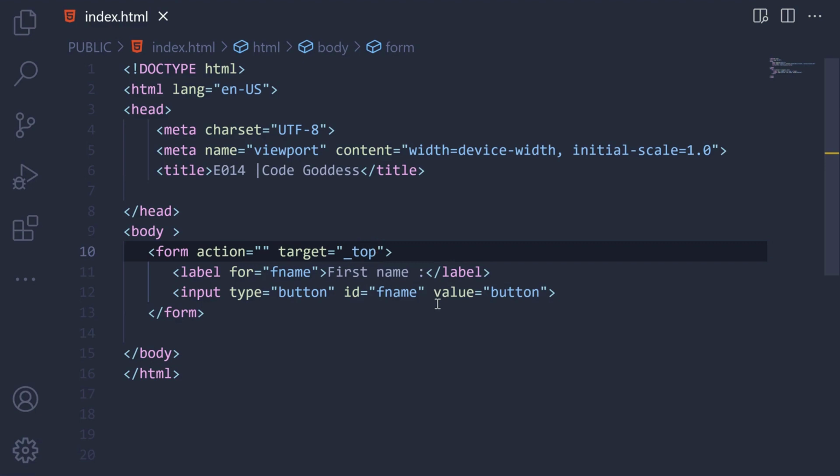Okay, it's all about the action attribute, but the HTML form element can contain one or more of these elements, like input, label, select, textarea, button, fieldset, legend, datalist, output, optgroup, and option. Alright, we will explain them all. For example,